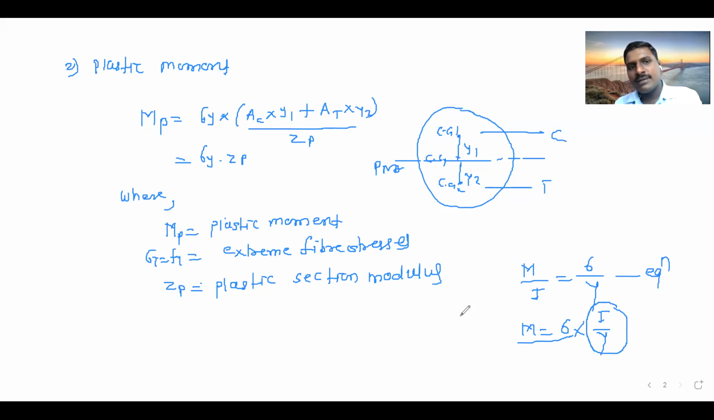M and sigma. If you see the formula, the only changes are ZE and ZP. ZE is the elastic section modulus, that is I by y, and ZP is this AC into Y1 plus AT into Y2. So I is the moment of inertia of this body, and y is the centroidal distance of this body. This is the I by y. Getting? But as I told you,